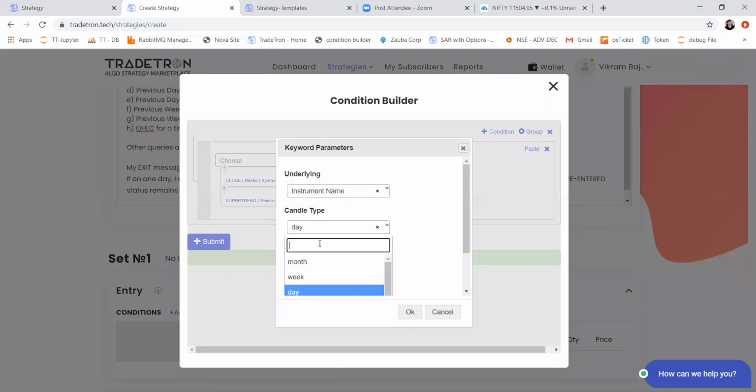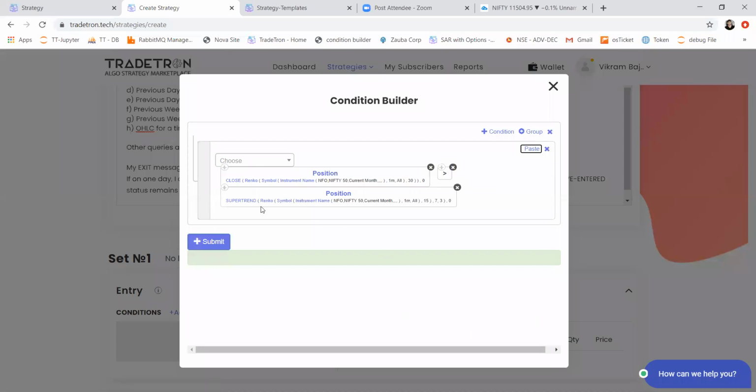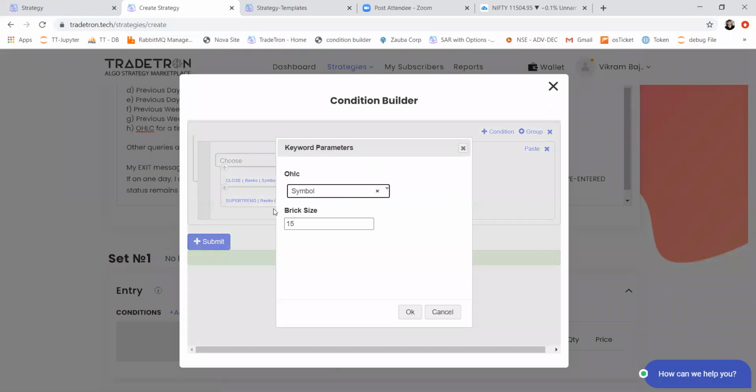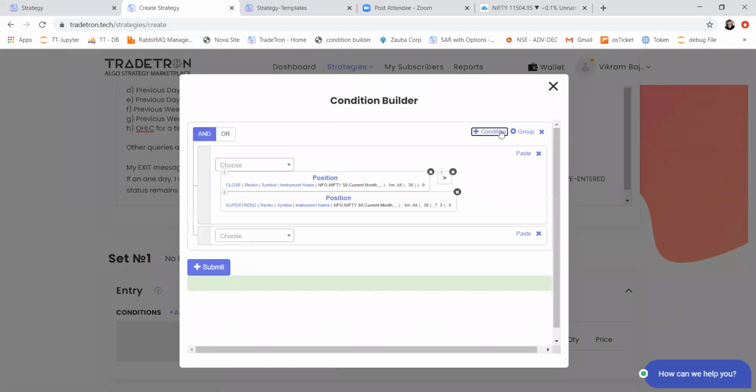And candle type as 1 minute. And again, the Renko brick size I have used is 30 points. So for super trend also, I'll keep it the same as 30 points. And if I'm looking for a crossover kind of signal, then I can add one more condition saying